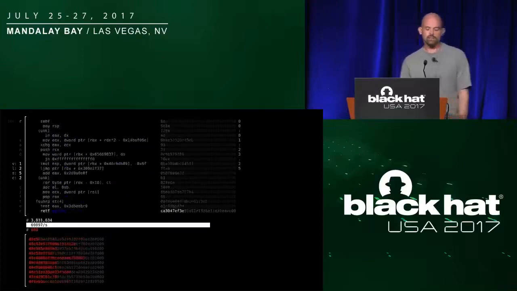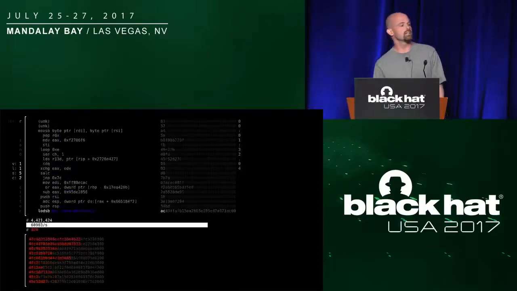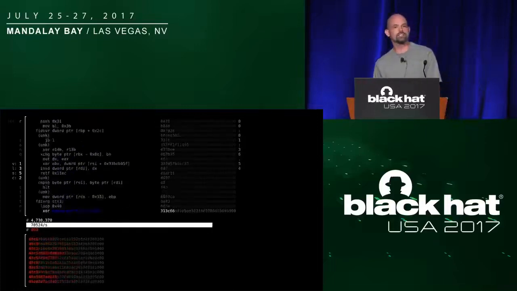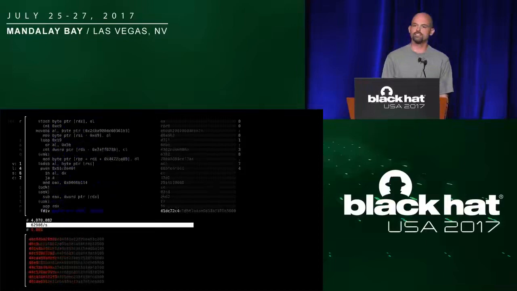So what you see dumping out in the red on the bottom is undocumented instructions, secret instructions that are sitting in my CPU right now. And I find this really unsettling because we're basing all of our trust off of this documentation for the processor. And there are a lot of things in that processor that they're not telling us about.